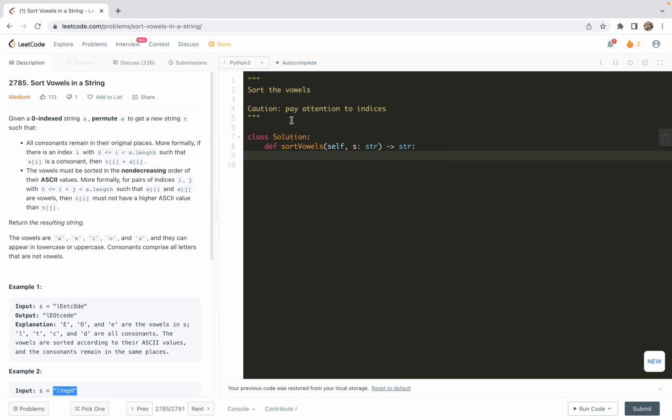So here the strategy is just to sort the vowels. The caution is that we need to pay attention to the indices. I'm going to provide two solution formats. The first one is aiming to understand the details, and the second one we sort of shorten the first solution. First let's get the length of s, and for convenience I'm going to use a dictionary